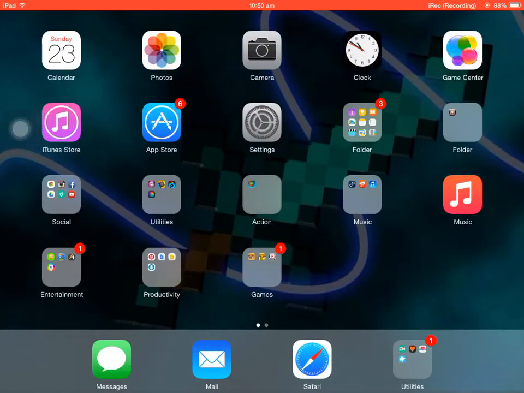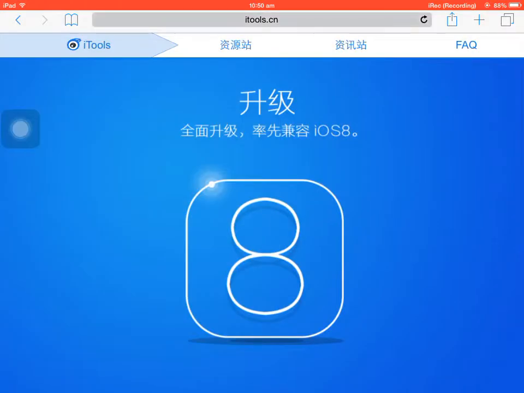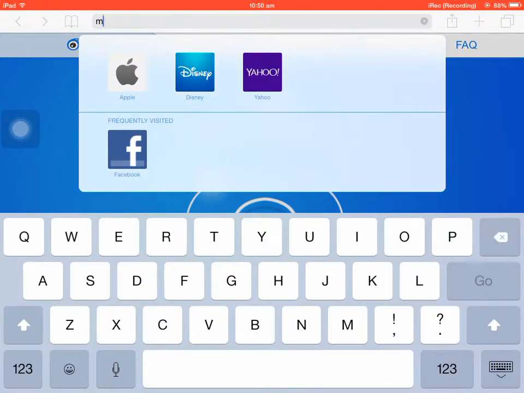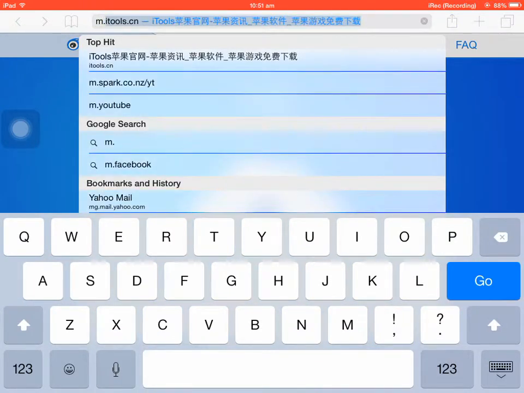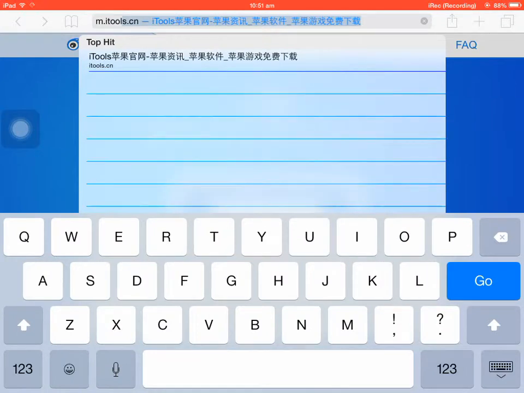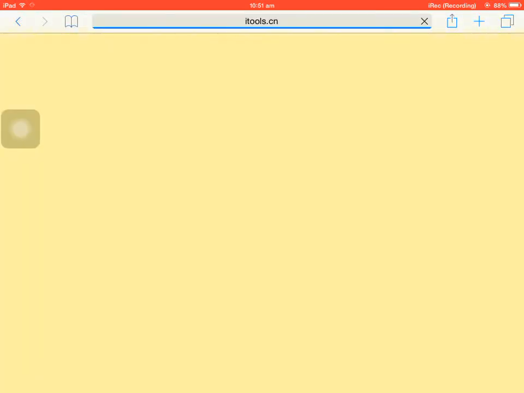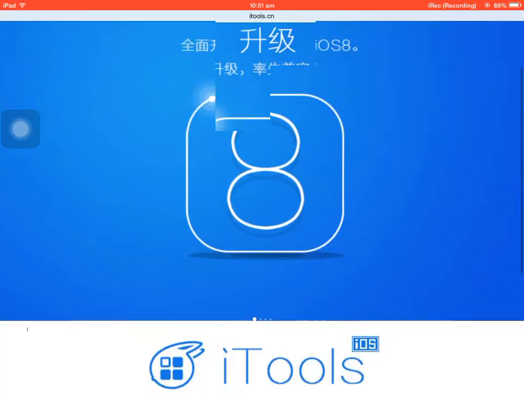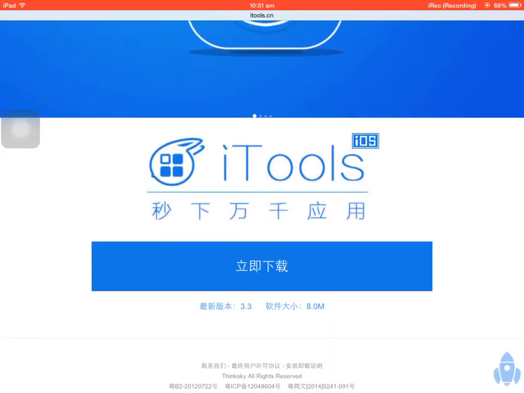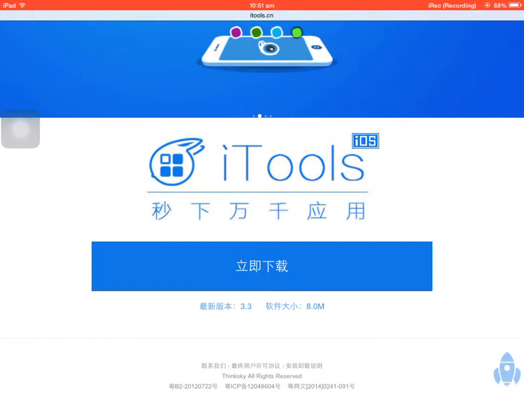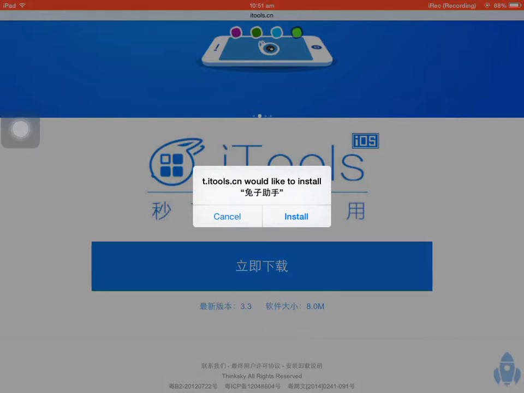this tweak. First, you go to Safari and then type m dot ITOOLSCN, and then it will come right up on your feed on the website. But you will need to download this. Click this, but I know you can't understand it, but click that. But I already have it,